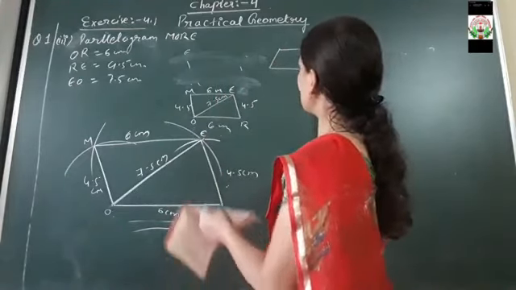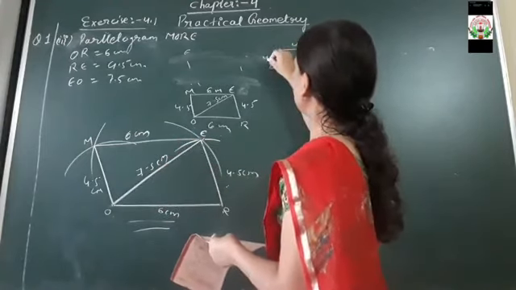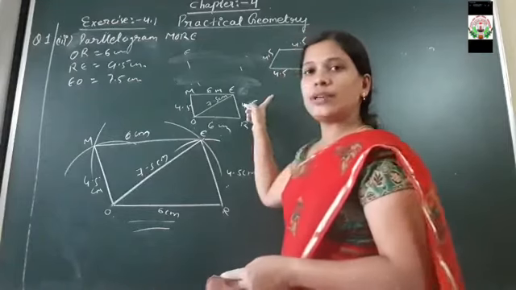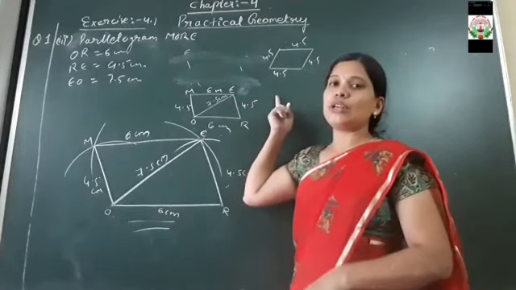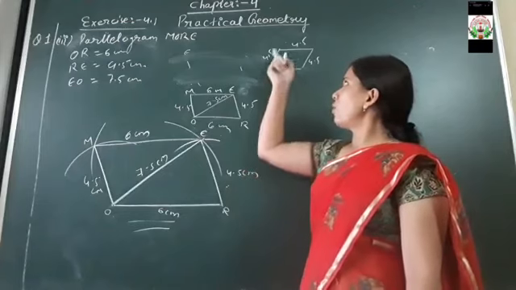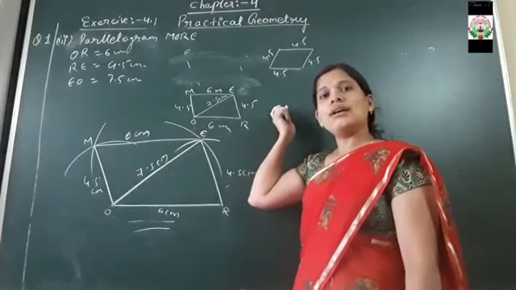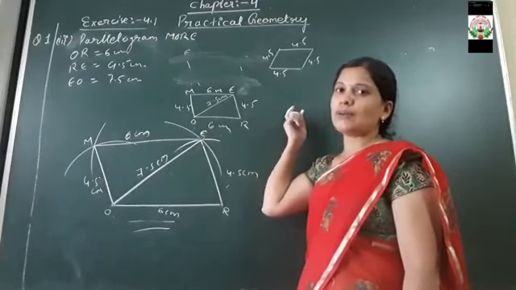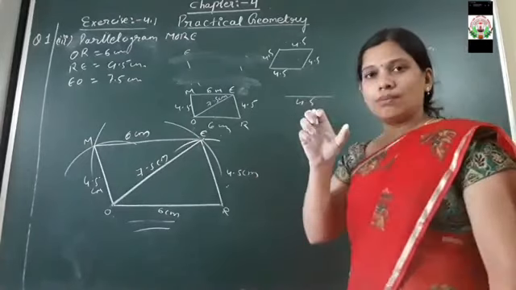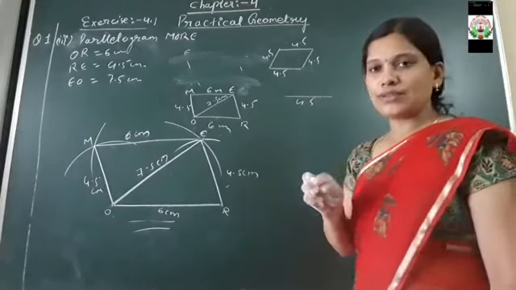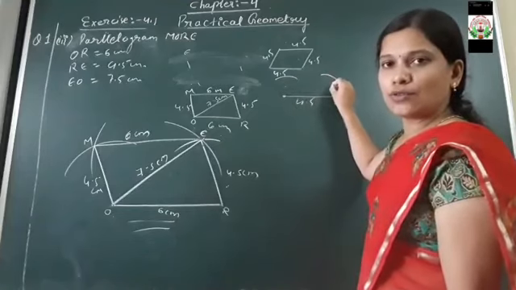It's a rhombus. So if we are going to draw BE 4.5, so here also 4.5, here also 4.5, here also 4.5 centimeter. That means all the four sides you have to take as 4.5 centimeter. Why you have to take it as 4.5 centimeter? Because all the sides of a rhombus are equal. The property of a rhombus is that the measurement of all its four sides is the same, so when you draw, take 4.5 for all four sides. First you draw the base 4.5, then on the mouth of your rounder you have to measure 4.5 centimeter. Keeping the needle here, draw an arc, 2 arcs, because here also 4.5 will come, here also 4.5 will come.